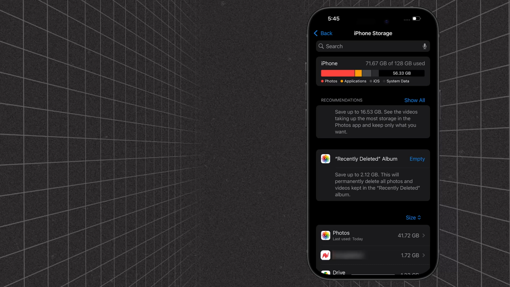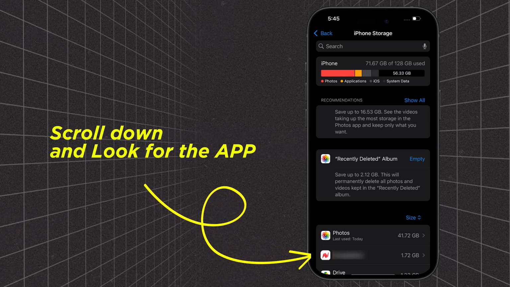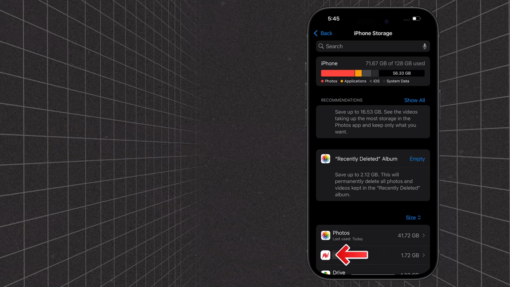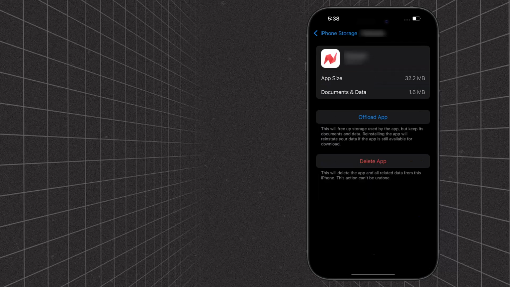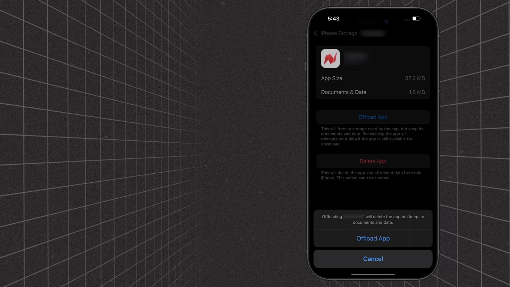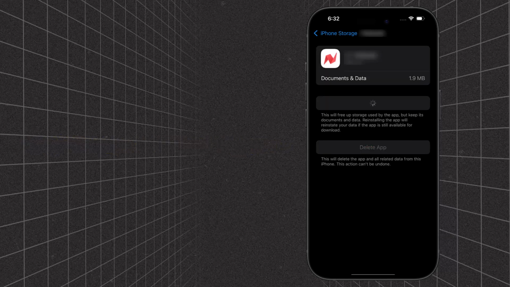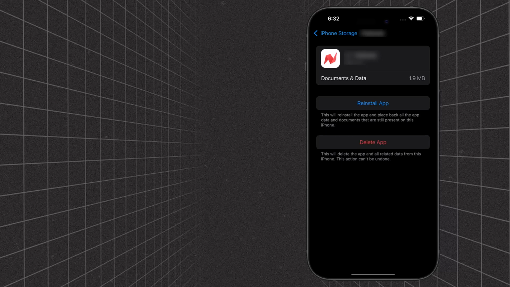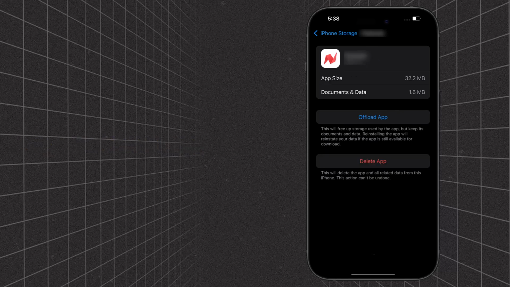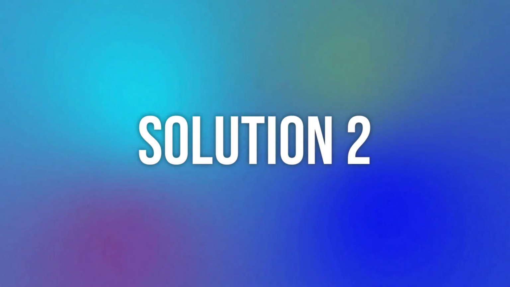Over here, you can either search for the app or you can scroll down and look for it. Then tap on the app. On the next screen, you need to tap on the Offload app option. A confirmation pop-up will come up. Now tap on the Offload app option here. It'll take a bit for processing, and then a reinstall button will show up. Simply tap on it to reinstall the app. This should resolve the issue, but if it doesn't, then you need to check if the app is running an